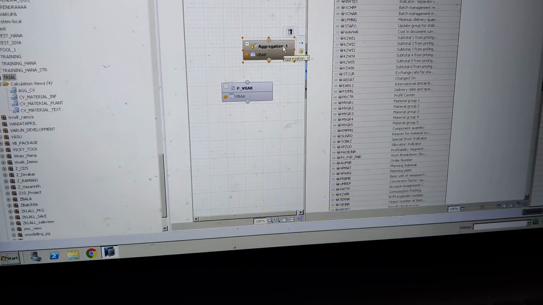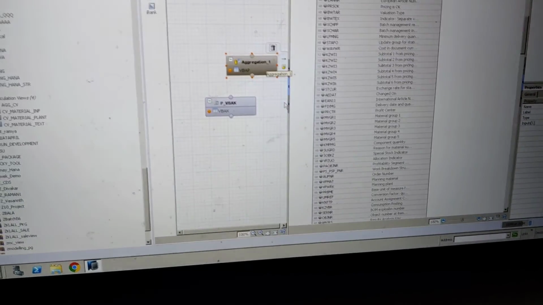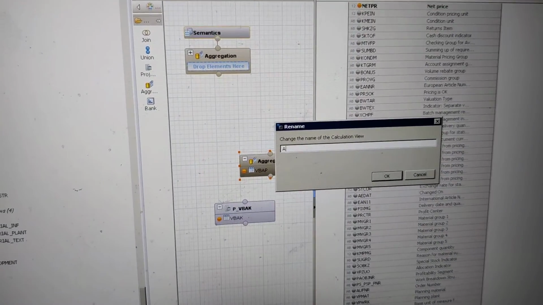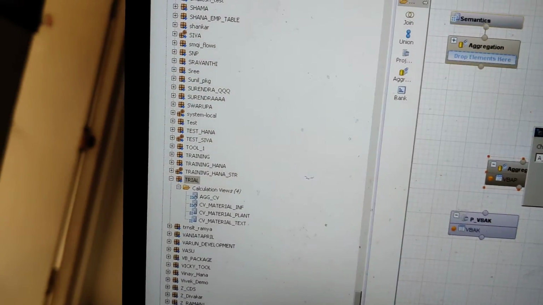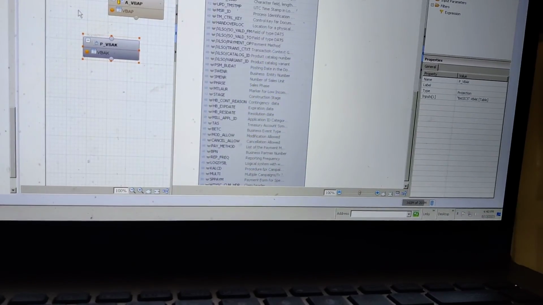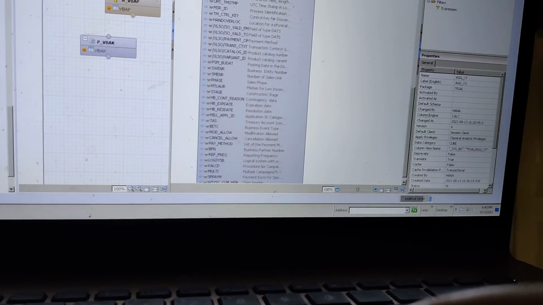What happened? Yeah, it's closed. Just rename this A underscore VBAP. Okay, now we have both of these columns.